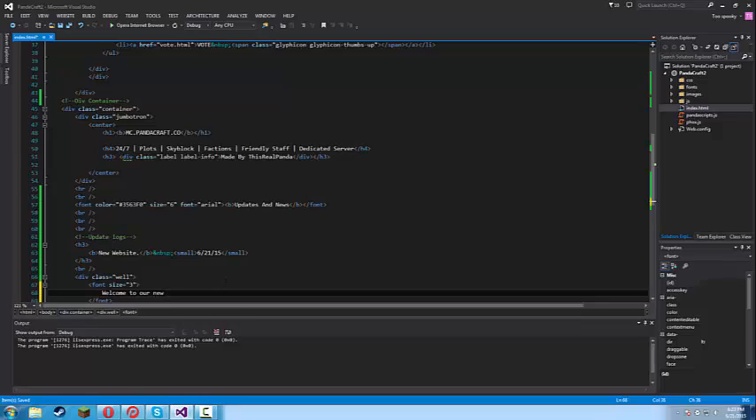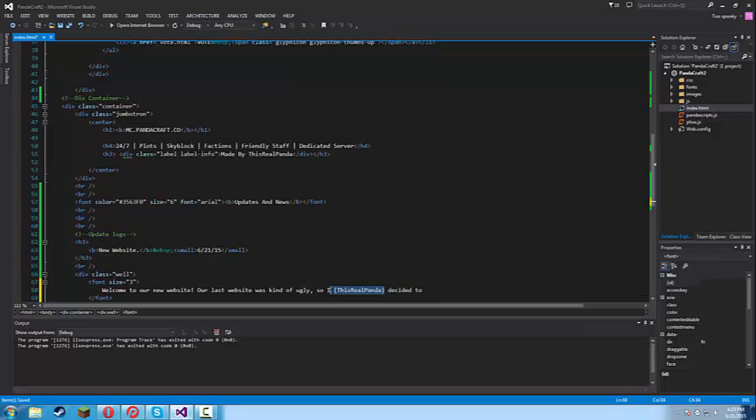Welcome to our new website. Our last website was kind of ugly, and so I, this real panda, that's my in-game name, decided to, actually, if we really want to be more formal, I believe this is how you really do it, decided to code a new website for my Minecraft server. There might be some bugs and